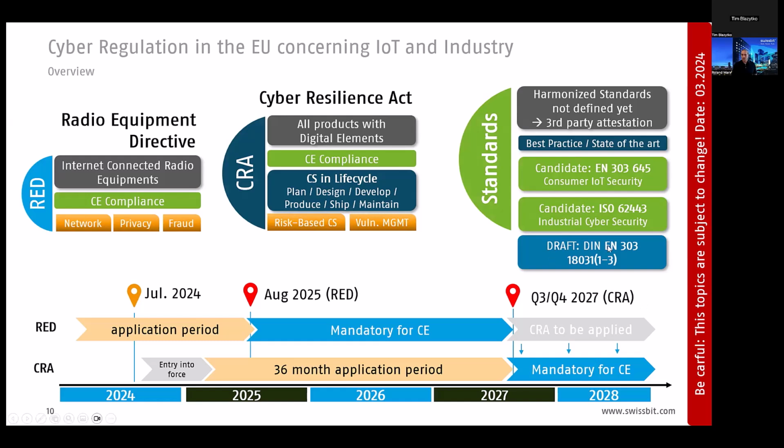For the RED, there is the draft standard EN 18031, parts 1 to 3. So 1 is network, 2 privacy, 3 fraud. So this 303 is a typo here, unfortunately. But this was just refused to be nominated as the harmonized standard. So this is just, I think, 1 month ago. So currently, everybody that needs to or wants to bring new products to the market, they need to go to a notified body like TÜV, and then somebody saying, hey, this level of security is okay, and then you actually fulfill this. So this is a big struggle at the moment,